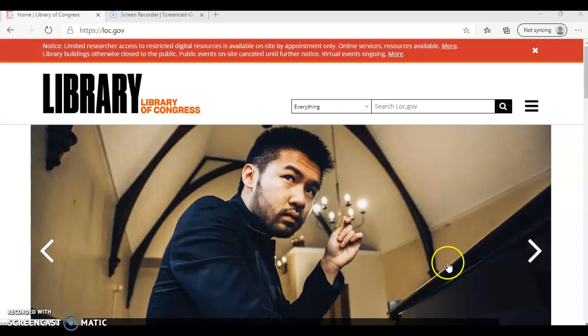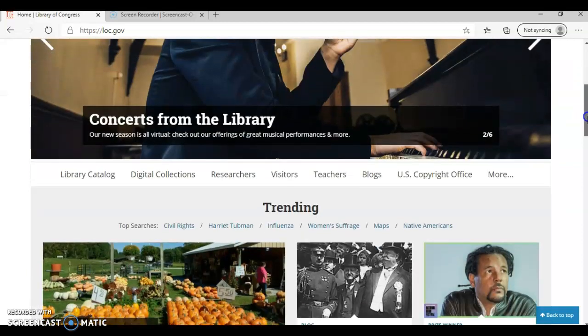So one of the best resources for primary sources that I could find for school libraries is the Library of Congress website. On here, if you scroll down,